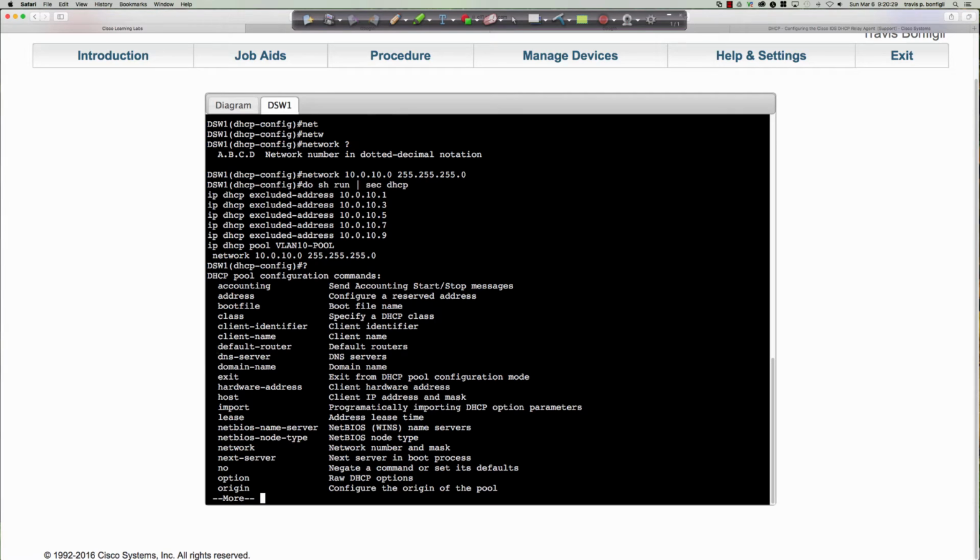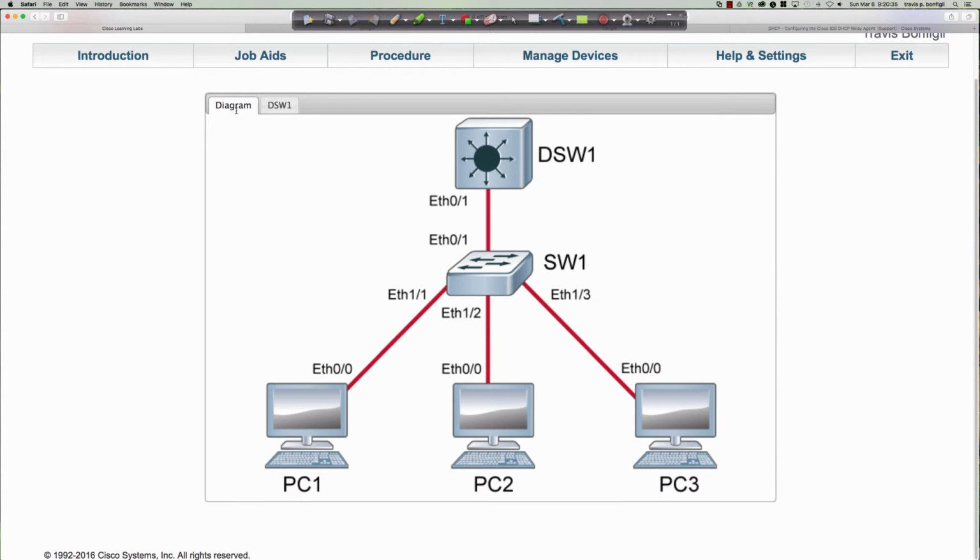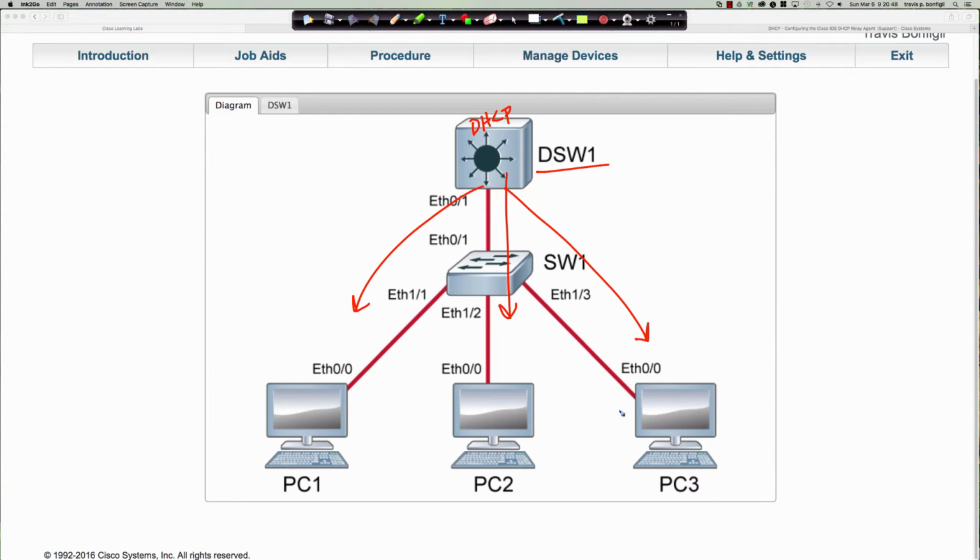So you can see right here we have default router, and we definitely want to let the, again, because remember, we're pushing this information down. The information is going to get pushed down from our DHCP server here, who is DSW1. This information is getting pushed down to the various DHCP clients, who are going to be PC 1, 2, and 3, and they're going to need to know what their default gateway address is. And I can almost guarantee that it's going to be that guy right there,